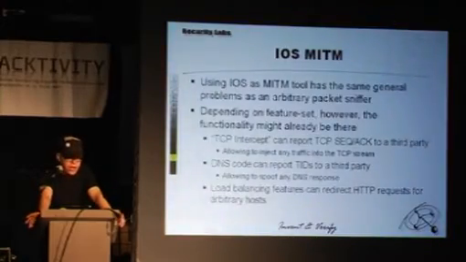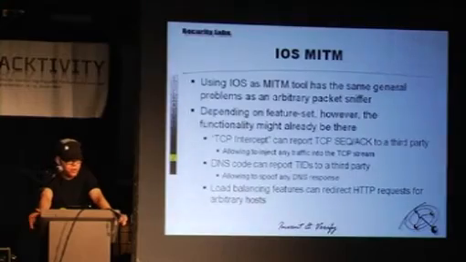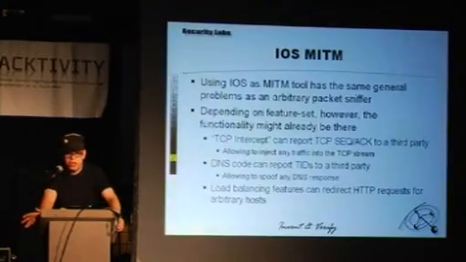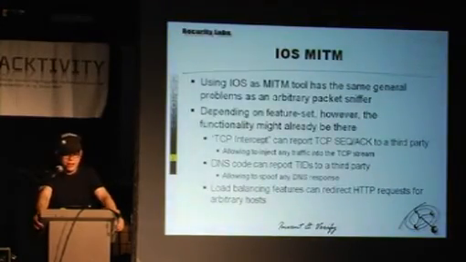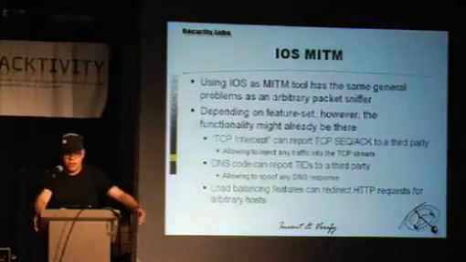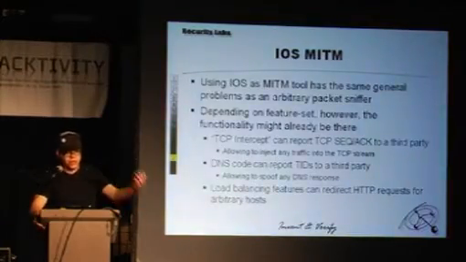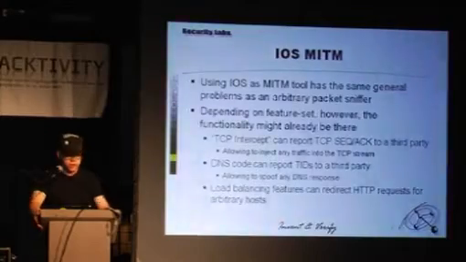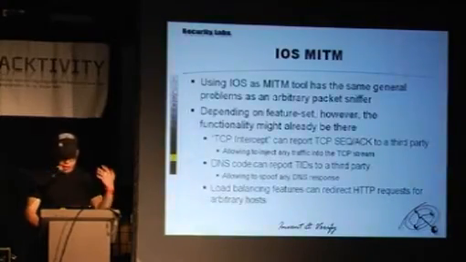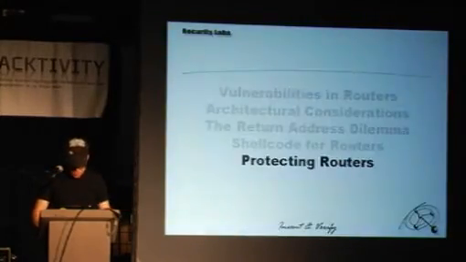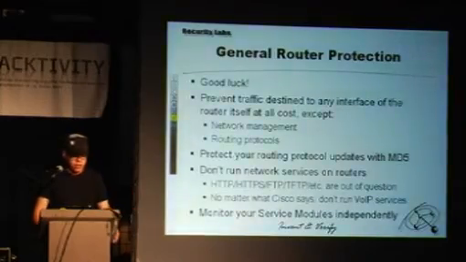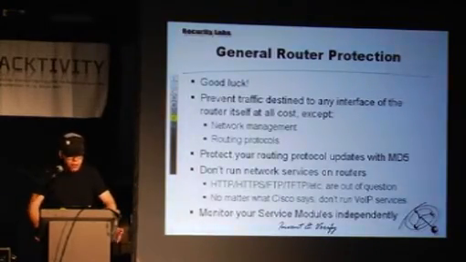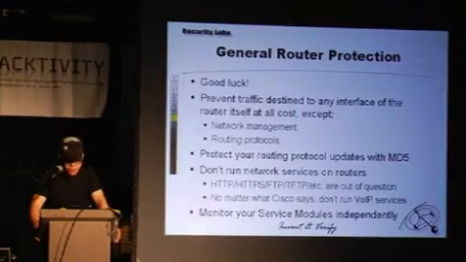You can use the patched iOS to play man-in-the-middle tricks. Let's say it just doesn't allow HTTPS anymore. It's kind of cool because if people want to use the bank site, they have to use clear text, otherwise they can't get through. But again, you can do that with a configuration change. There's no actual reason to do that as a code patch, but you could. So how do you protect? First of all, pray to whatever your deity is. That is probably the most effective way to protect your routers.